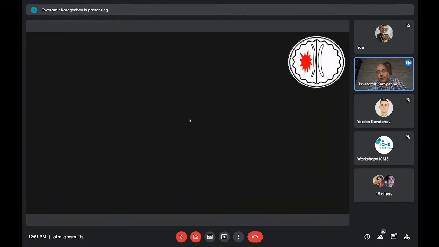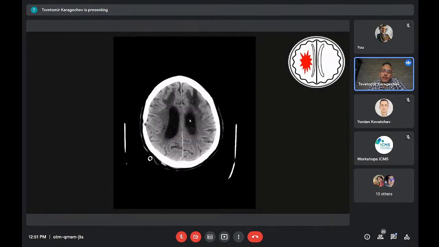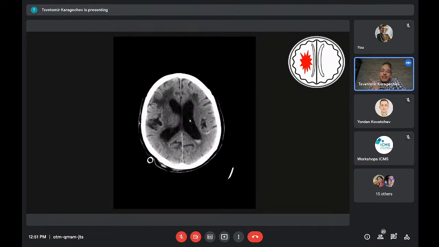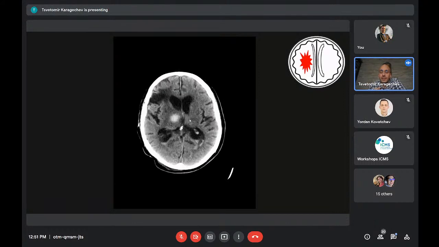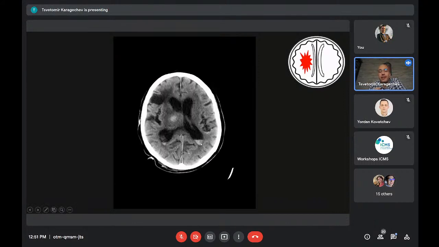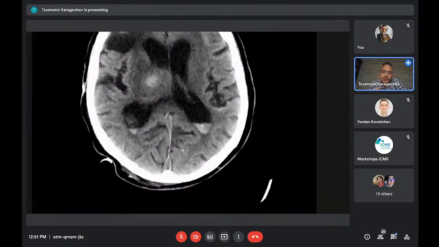This patient actually had a follow-up CT a couple of days later, so we can assess what happens with the hydrocephalus, and assess for any progression. And this, I think, is a really nice example. I'll just zoom in a bit. These are the horns of the lateral ventricles, the occipital horn.